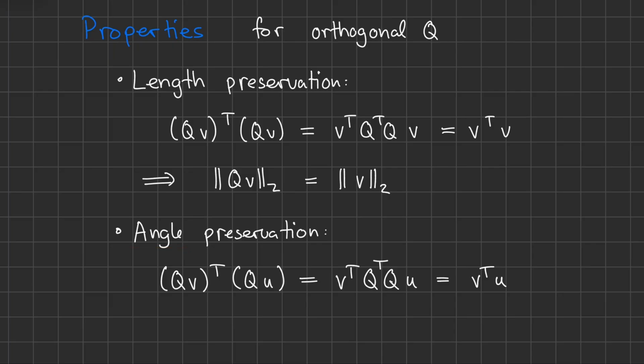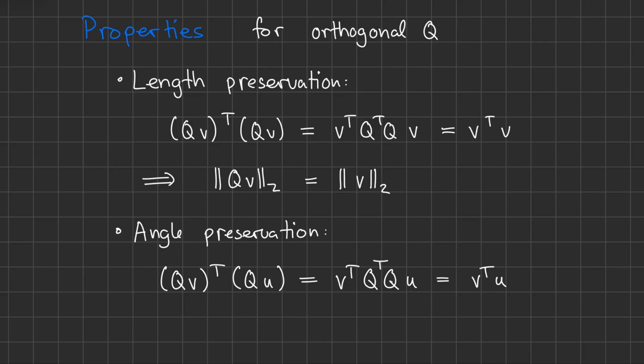The preservation of length for a vector v is that because we can write this scalar product, so this is the scalar product of q times v with itself, we can write this transposition in this way, because in the middle here we have our orthogonal matrix times its inverse, namely its transposed. We get that this is simply the identity matrix,